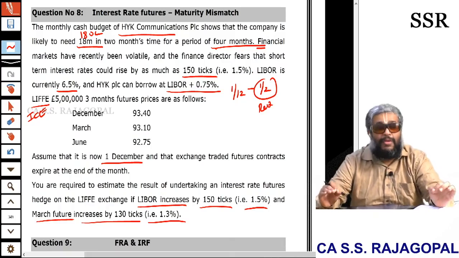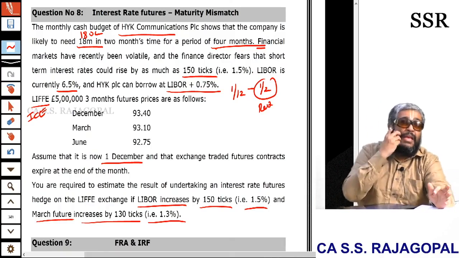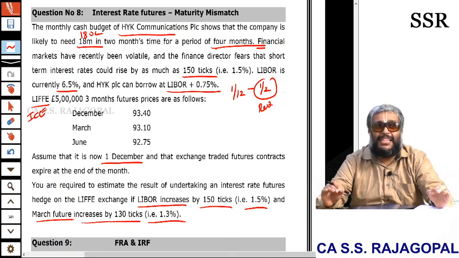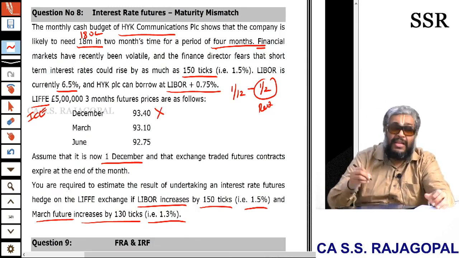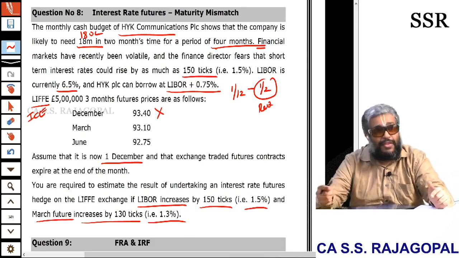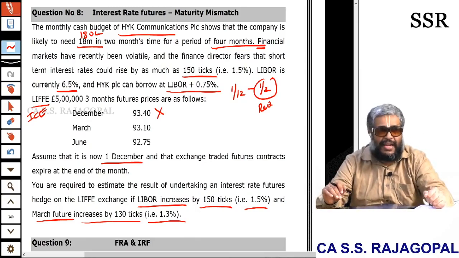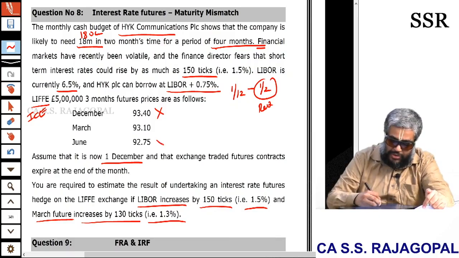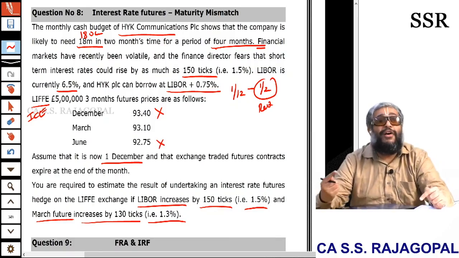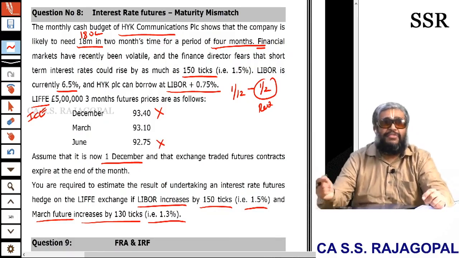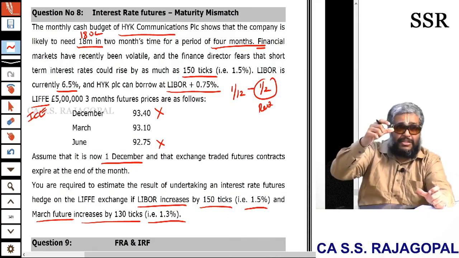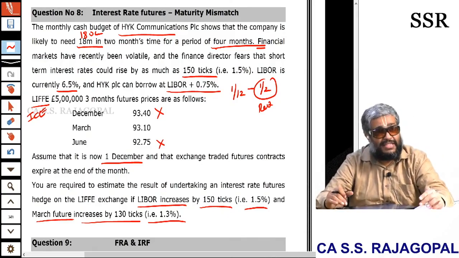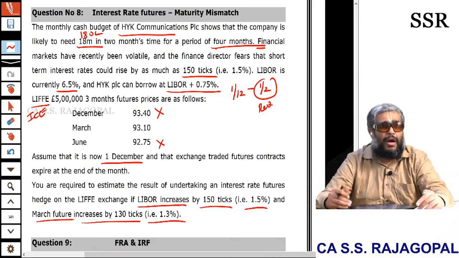Now, it wants to hedge. If it wants to hedge, you should select the expiry month futures. February near month expiring, can I hedge using December futures? No. December futures expires before February 1. It cannot be used for hedging. Next, can I use June futures? No, because June futures is too far away from February 1. If I close June futures on February 1, I will have a lot of difference in futures basis, so it will be an almost imperfect hedge.